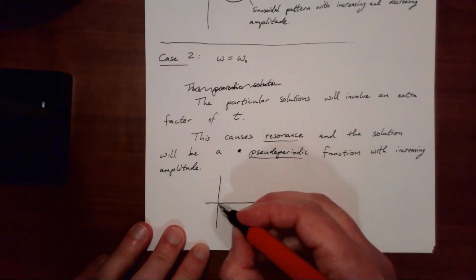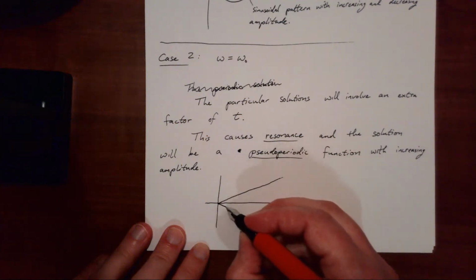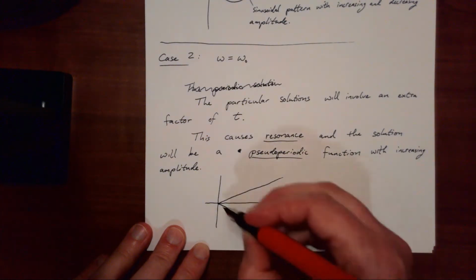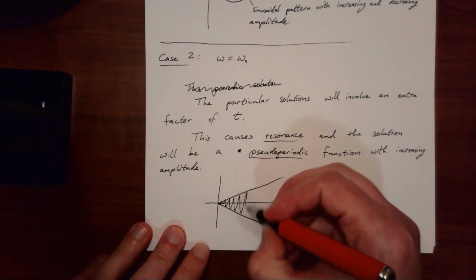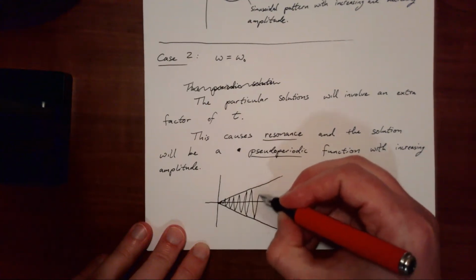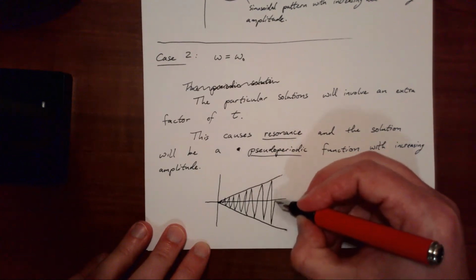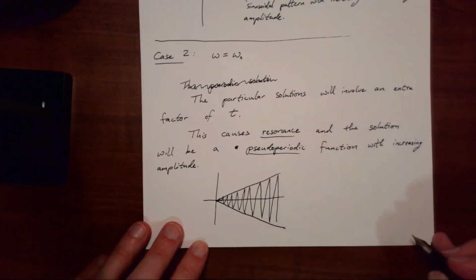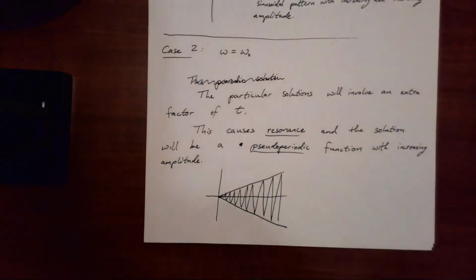So in particular now, the envelope function is just going to be something like this. And you just get a sine wave that's just going up and up and up in its amplitude, and its swings get more and more wild. This is the phenomenon, by the way, that causes famous engineering disasters such as the Tacoma Narrows Bridge in Washington,